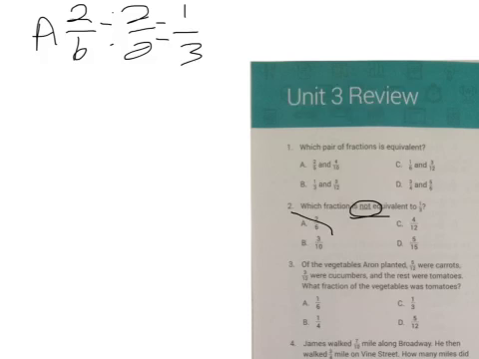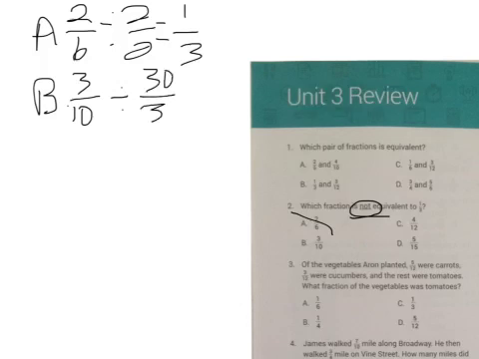We look at B. B is a little different of a problem. B is 3 over 10, and I'm just looking at B and I'm saying, no, that just does not look like it's going to be equivalent at all. But we know the only thing that's going to go into 3 and 10 is going to be 30. So when we divide 30 by 3, it is going to go 10 times, and then 30 divided by 10 is going to go 3 times. And then we know we can always